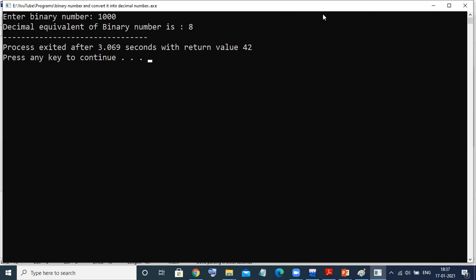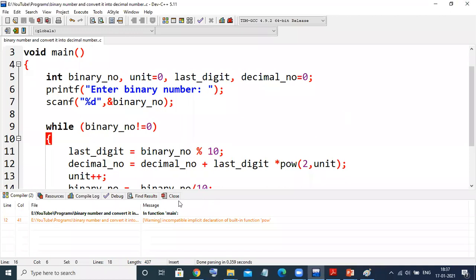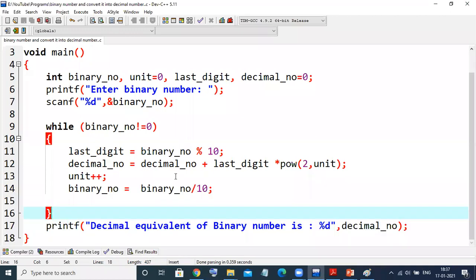So this is the conversion of a binary number. I'm entering a binary number here and it's converting into a decimal number. You should understand the logic first to convert this kind of programming. The programming is very easy; the only thing is we should know the formulas. I hope you have a clear idea now of how to convert binary to decimal.